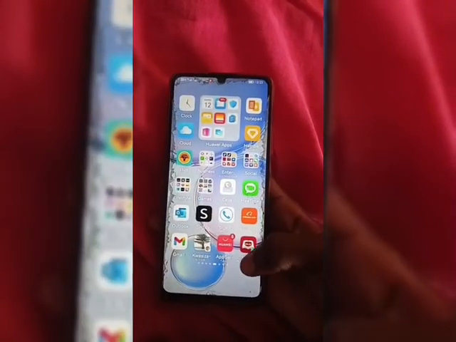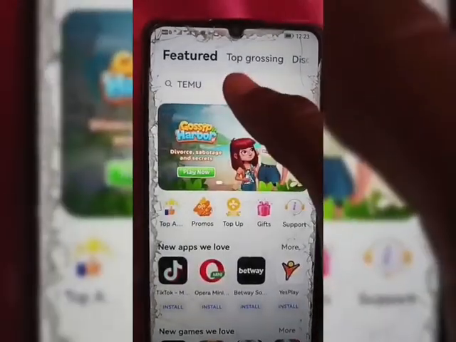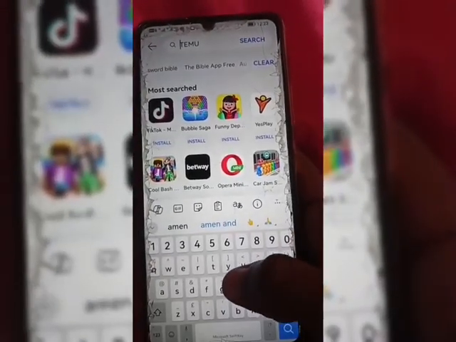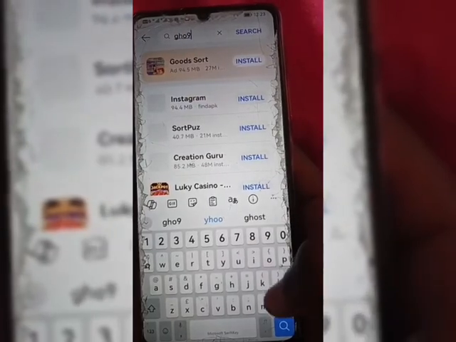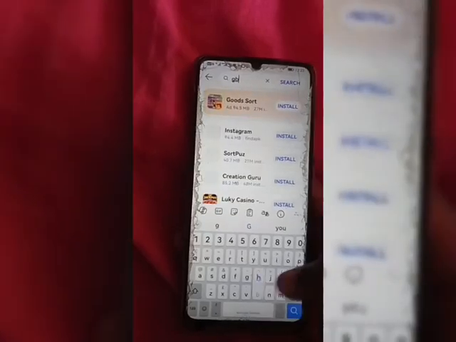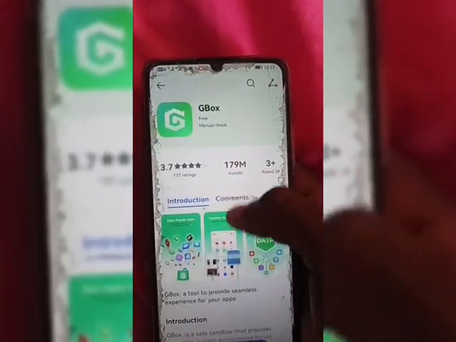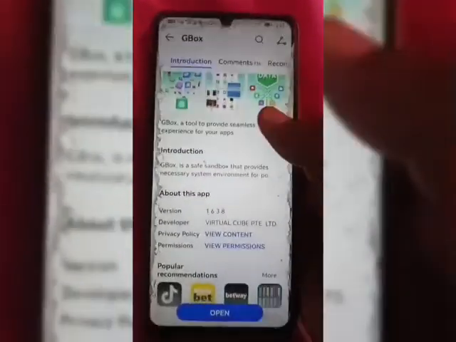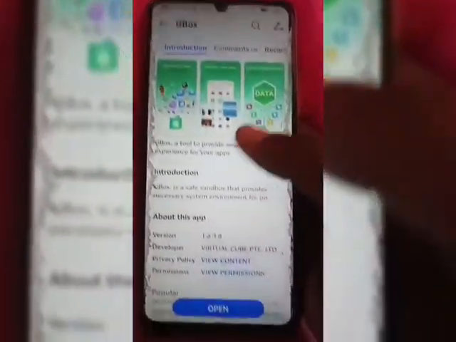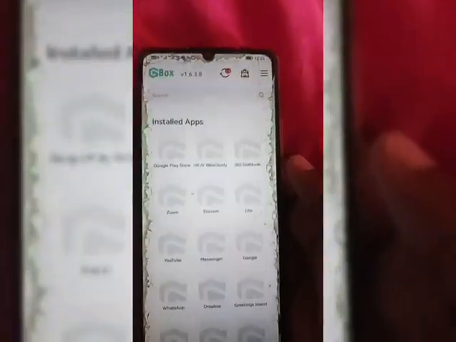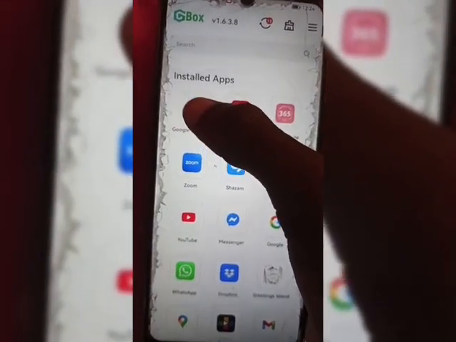So firstly, you'll open your app gallery and then you'll search Gbox. Then you click, then you see the Gbox. You'll install it. Already here it's installed. So what you do, you just open Gbox and go to Play Store. Then in Play Store, you're going to go to your search panel